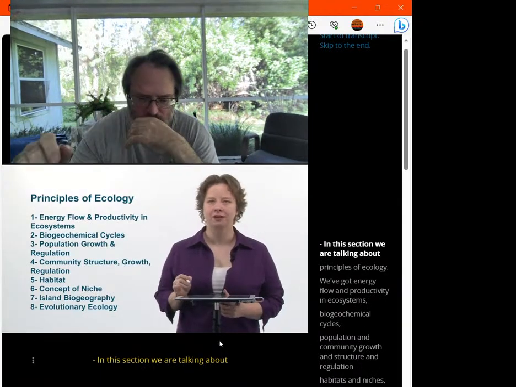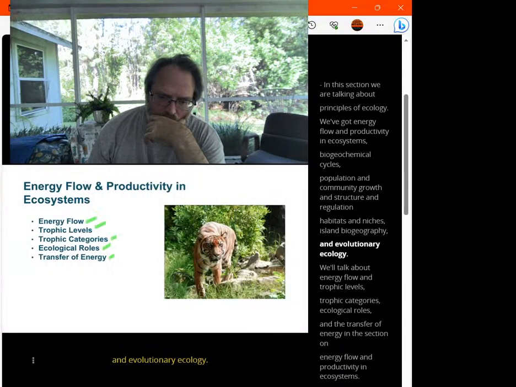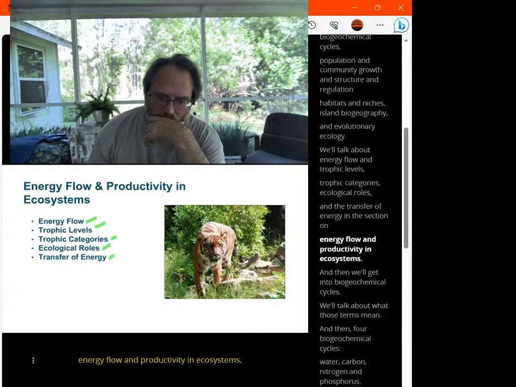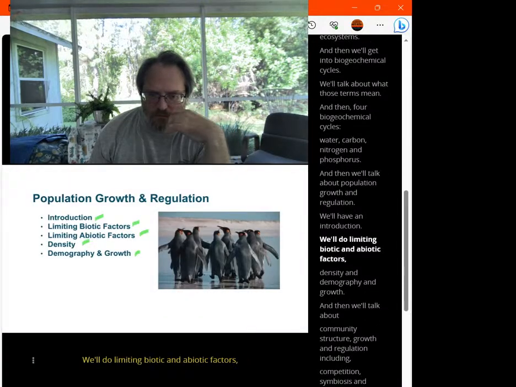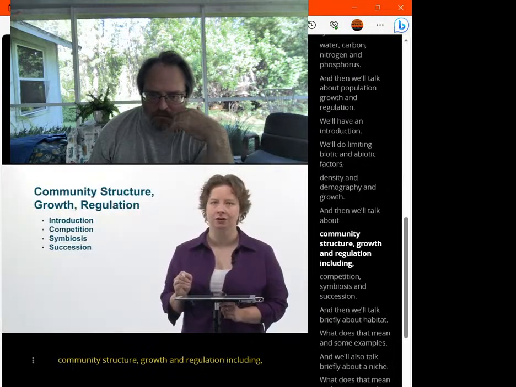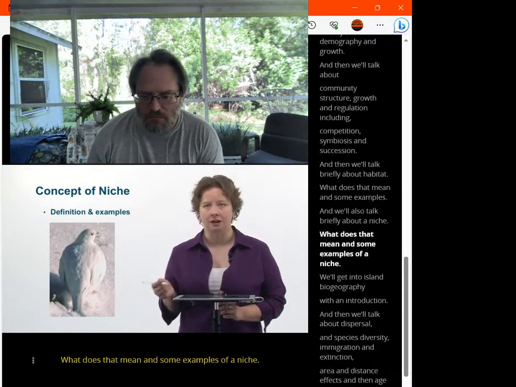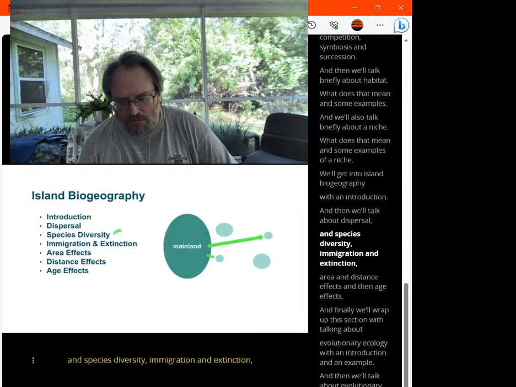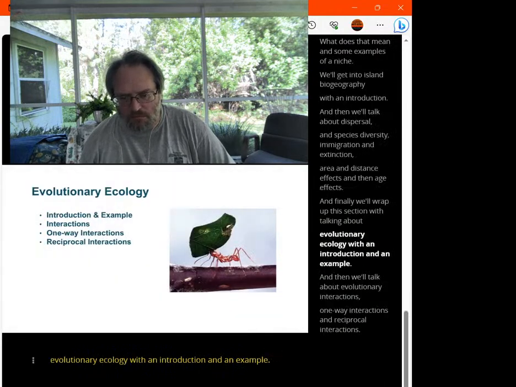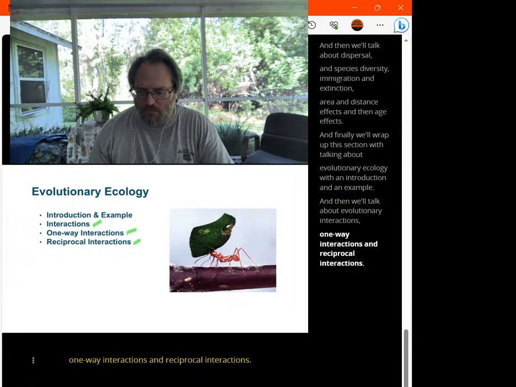In this section, we're talking about principles of ecology. We've got geochemical cycle, habitat. We'll talk about energy flow, and then we'll get into biogeochemical stress. We'll do limiting biotic and abiotic factors. Talk about community structure, growth, and regulation, including competition. We'll also talk briefly about a niche. What does that mean? And some example introduction. And then we'll talk about dispersal and species diversity, immigration, and then age effects. Then we'll talk about evolutionary interactions, one-way interactions, and